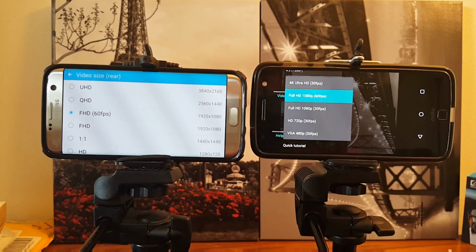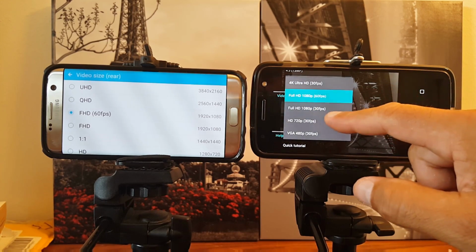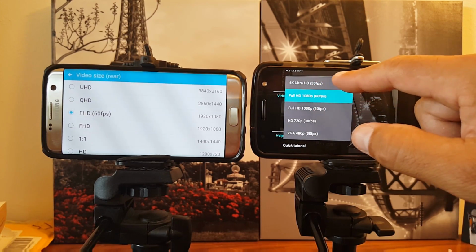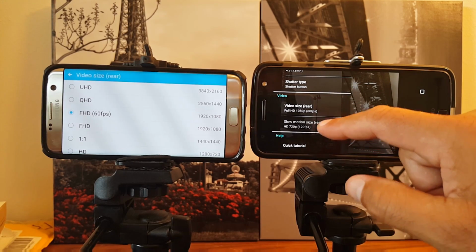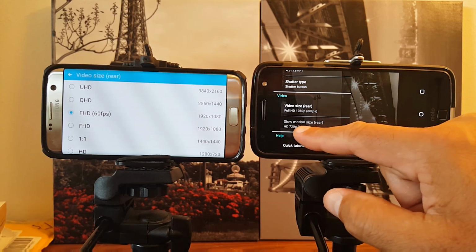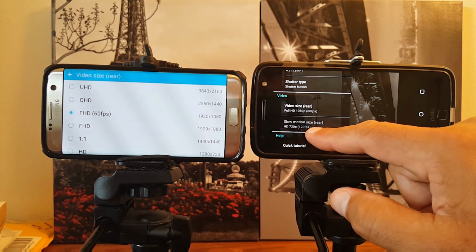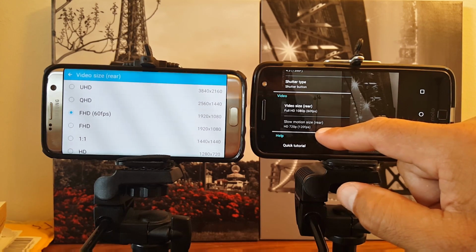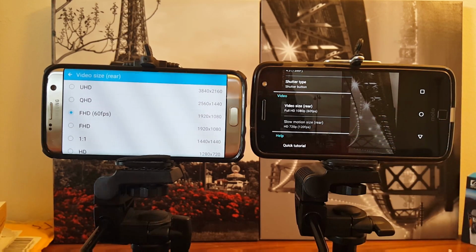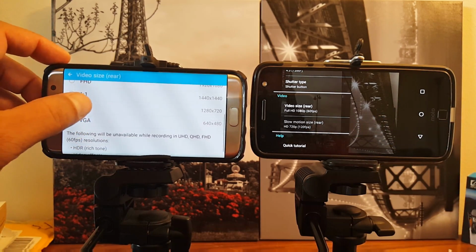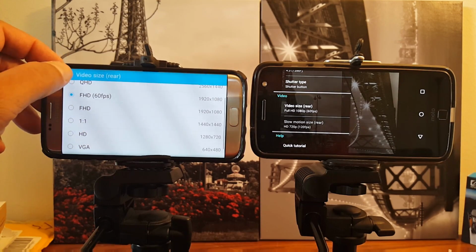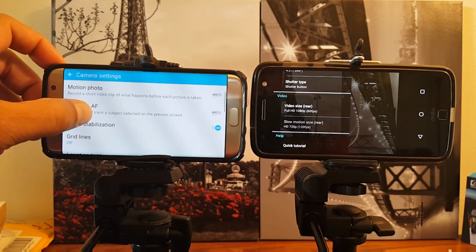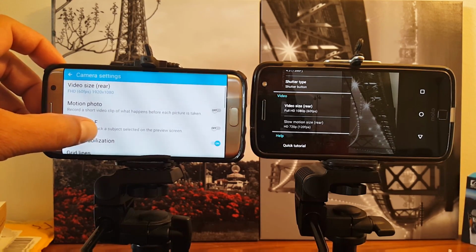Video size, right now I have it in 60 frames, and I can record in up to 4K at 30 frames. Also, next is the slow motion. Can do slow motion in 720 and 120 frames. I believe the Motorola can do more frames per second for slow motion. We also see here on the Samsung